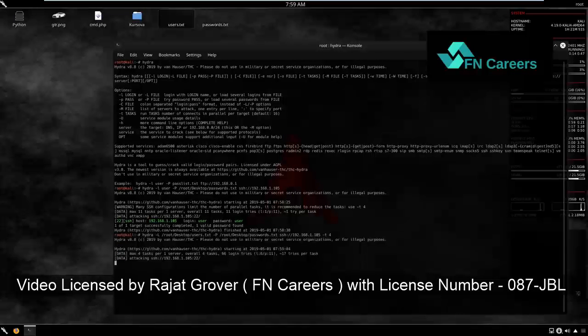Now it's going to try every combination for every user, and let's see what we get. It's going to take a while. That's why we're putting T4 for more threads and better time, 66 login tries. We have 70 per task, so we have to wait a little bit. That's the point of brute force attacks, we have to wait. So we have found the root password here, it's root bug, so now we have root login to a secure shell, and I guess I'm going to find the user one as well, since it's trying every single password